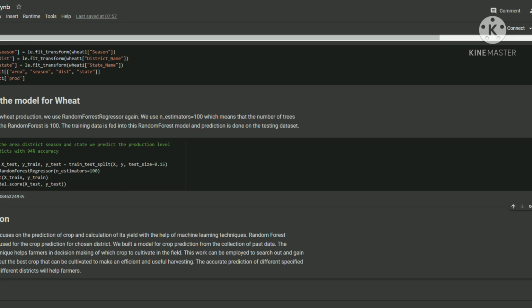Conclusion: this project focuses on the prediction of crop and calculation of its yield with the help of machine learning techniques. Random forest classifier was used for the crop prediction for a chosen district. We built a model for crop prediction from the collection of past data. The proposed technique helps farmers in decision making of which crop to cultivate in the field. This work can be employed to search out and gain knowledge about the best crop that can be cultivated to make an efficient and useful harvesting. The accurate prediction of different specified crops across different districts will help farmers